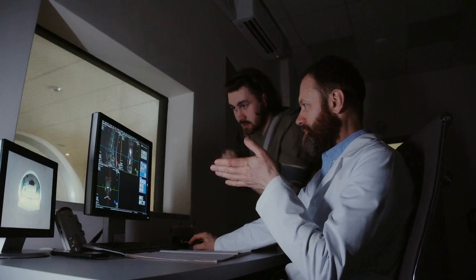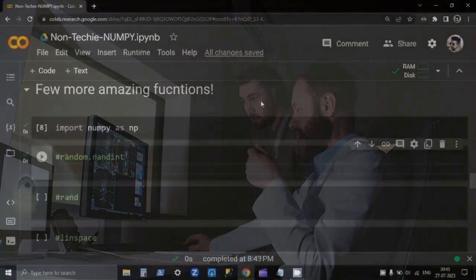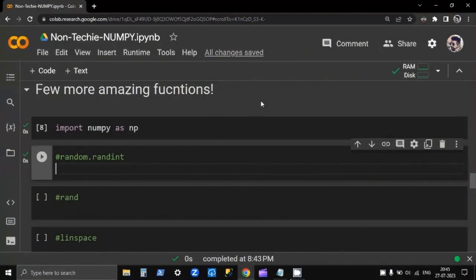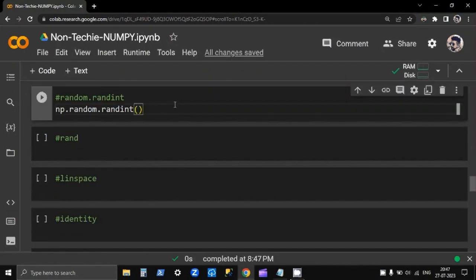So let's head to the screen and see a few more functions to create arrays with random elements or elements of your choice. Let's say I want to create an array with a few random numbers in it from a particular range. So I will use np.random. Inside this random we have a function named randint. If I give a range here like 1 to 20, it will generate a single random number within this given range. So if I run it,